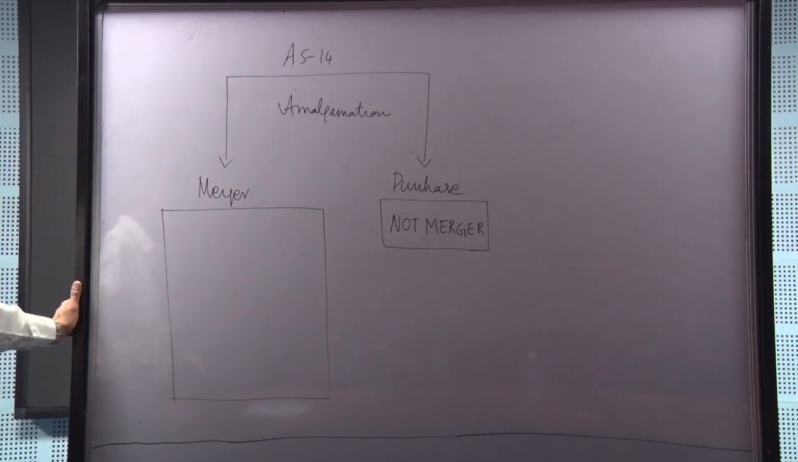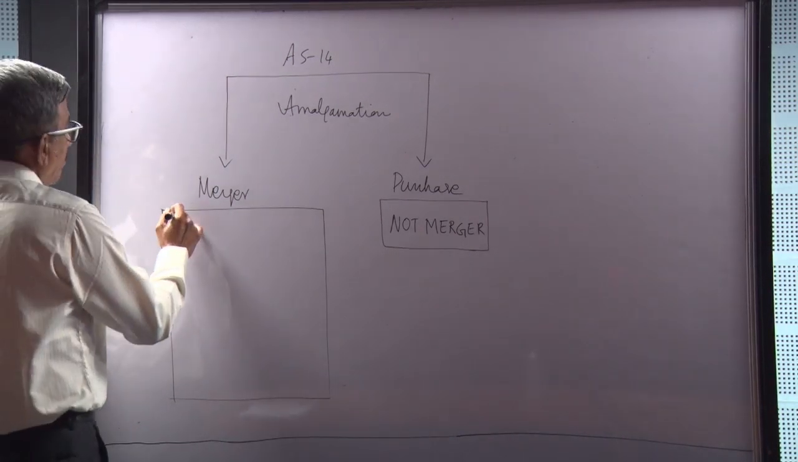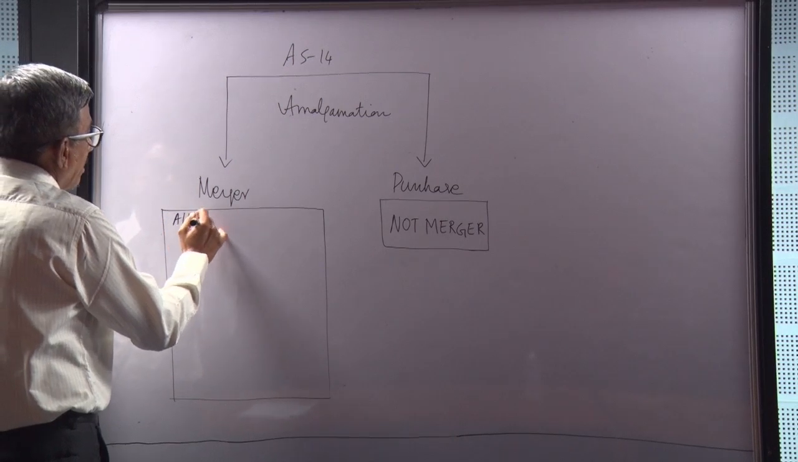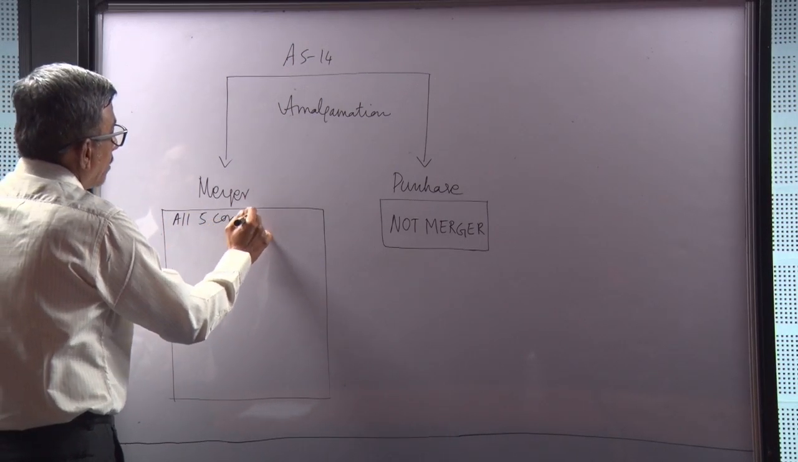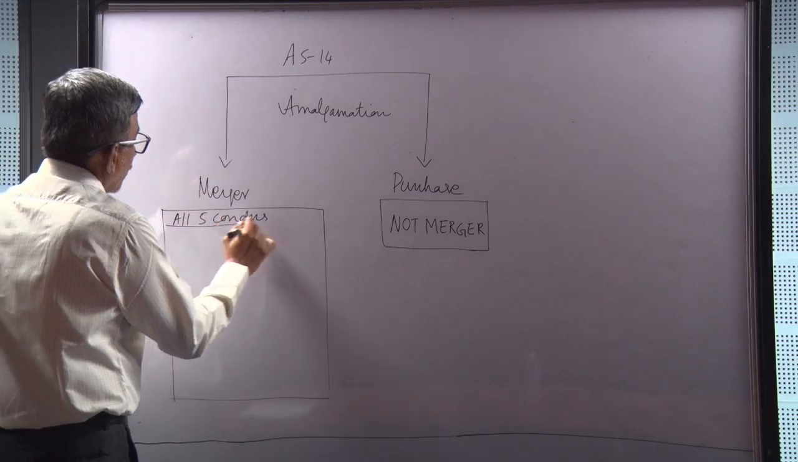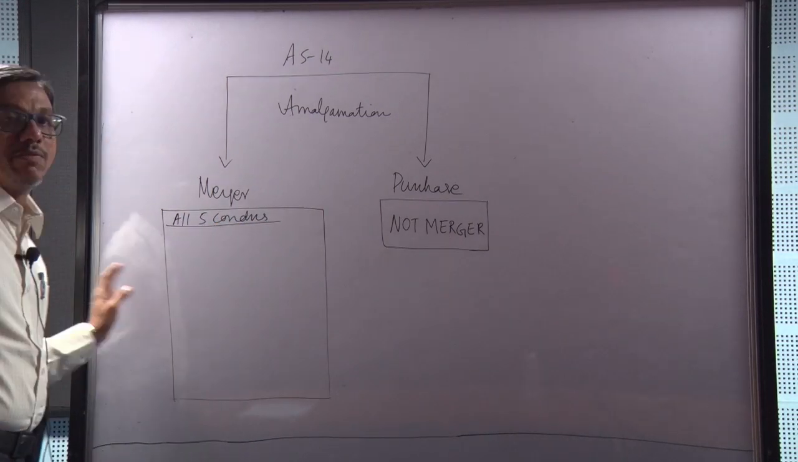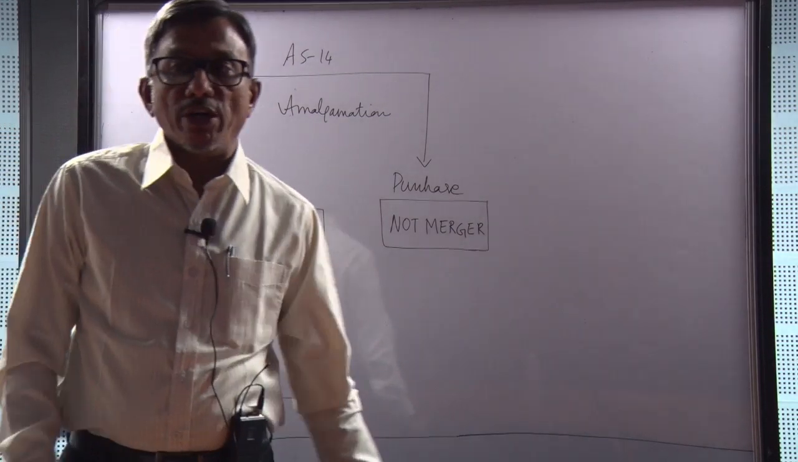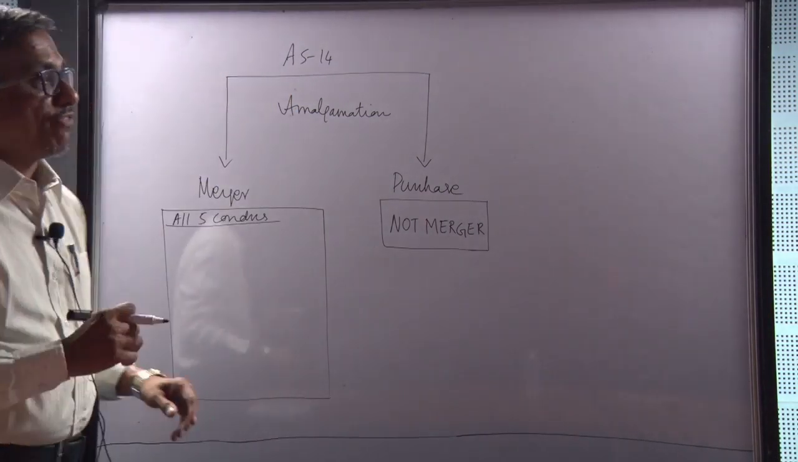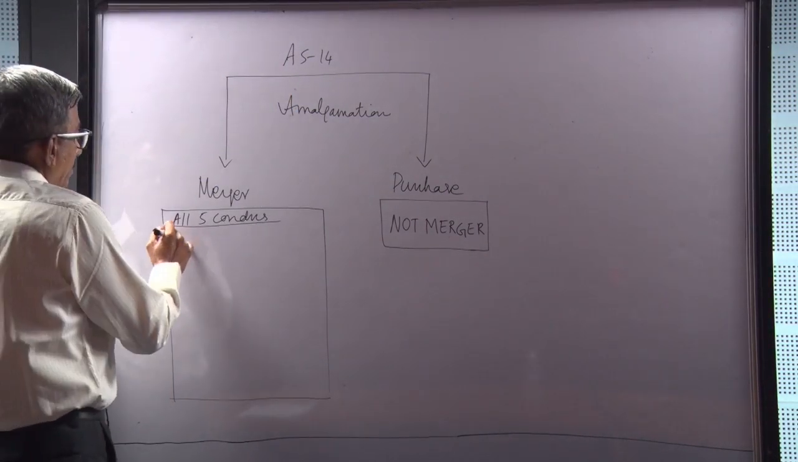There are 5 conditions to be satisfied. All the 5 conditions have to be satisfied in order to constitute an amalgamation in the nature of merger. What are the 5 conditions? Number 1,